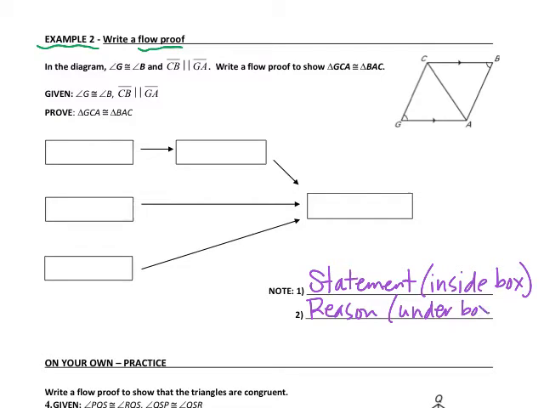Alright, and we're going to go ahead and do a practice one right now. Okay, so what we're trying to do is, it says right here in the diagram, angle G is congruent to angle B, and we can see that from what they have marked on the diagram. And side CB is parallel. Parallel, remember these little triangular marks mean that they are parallel, and they're parallel to GA. So GA is parallel to side CB, and it's important to know that